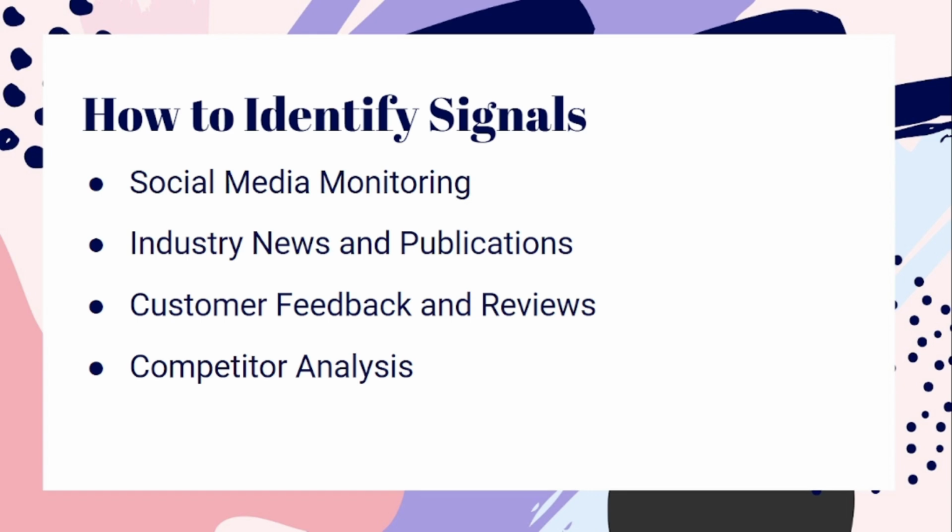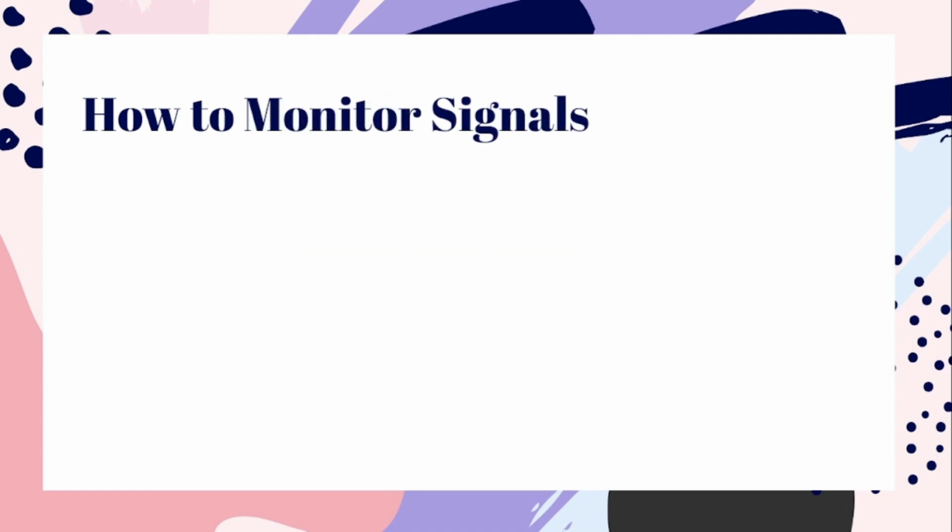It's a good idea to set up a simple system for monitoring signals of change in the e-commerce space. This will help you keep an eye on important developments that might shape the industry and inform your design decisions for the e-commerce platform. How to monitor signals. Set up Google Alerts. Use Google Alerts to receive notifications about specific keywords, topics, or industry trends related to e-commerce.